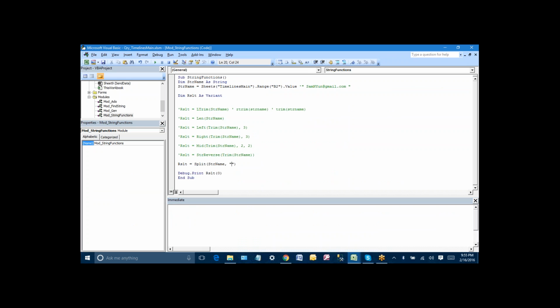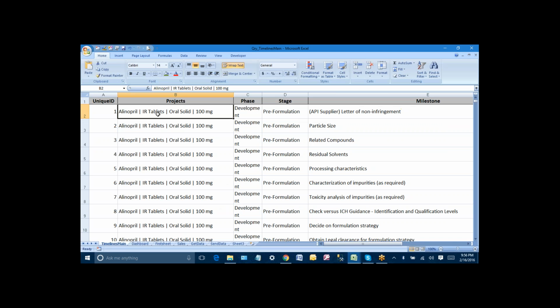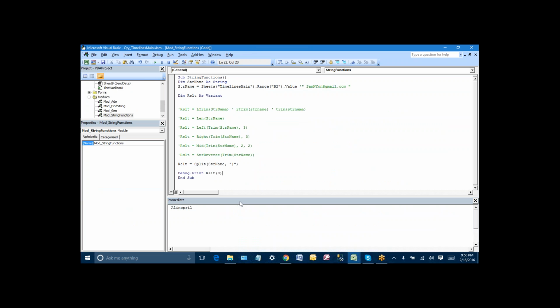And the delimiter will become no, where is that? It's here. This is the symbol. So now it is showing only alinopril. Okay. If you want to see the second part, then you can concatenate